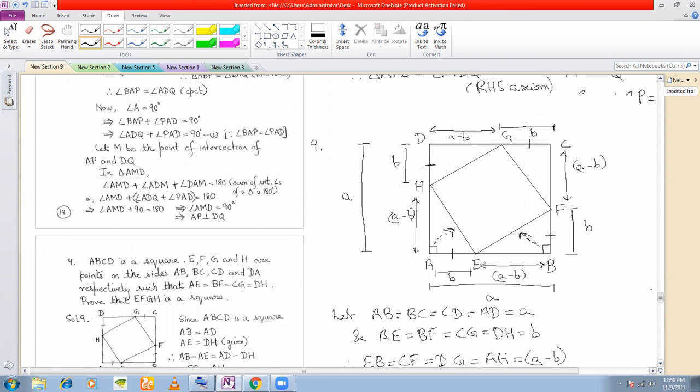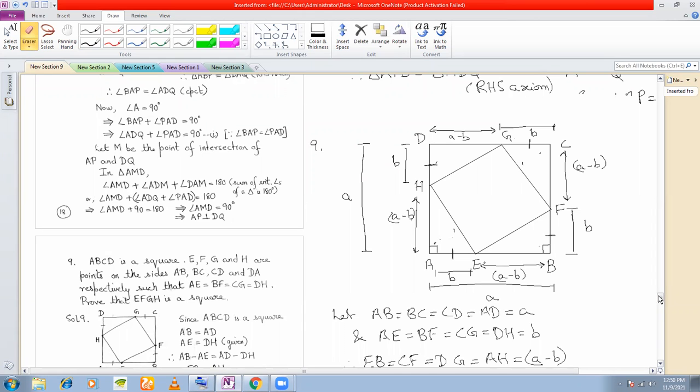So we have shown that in this quadrilateral, this side is equal to this side. Now we are going to show that this side is equal to this side, which we can do very similarly. If I can show that this triangle here and this triangle here are congruent, then I can say that these two are equal. But we don't need to do the proof because we have done one proof here for these two triangles. We can just write similarly.